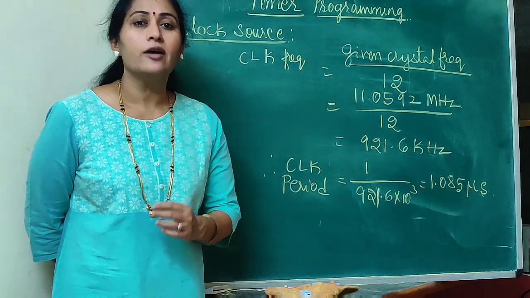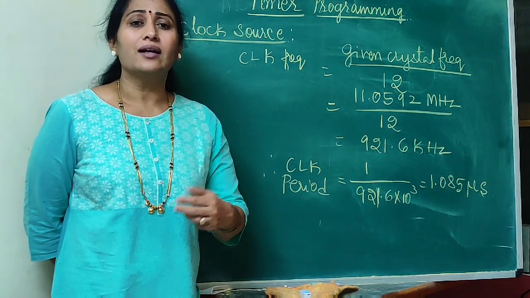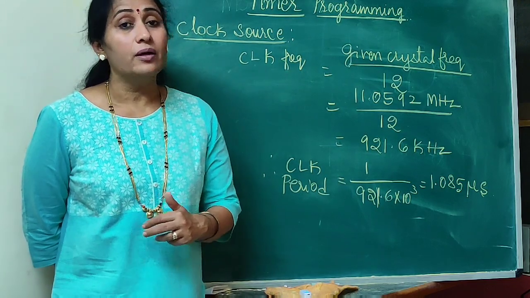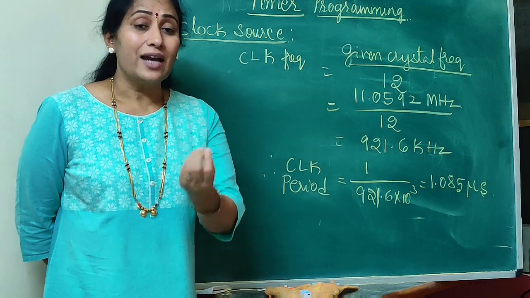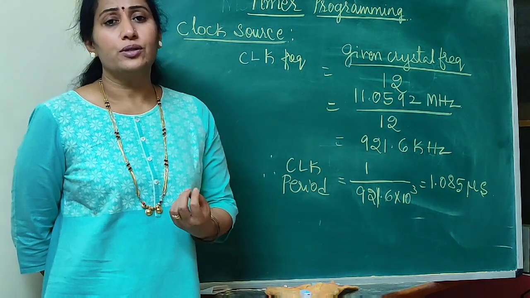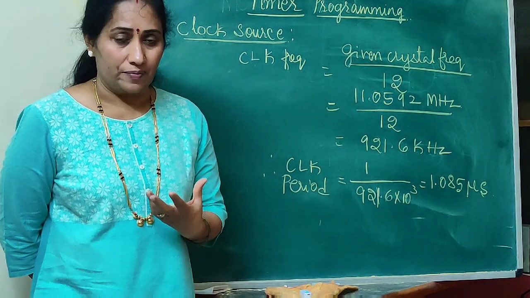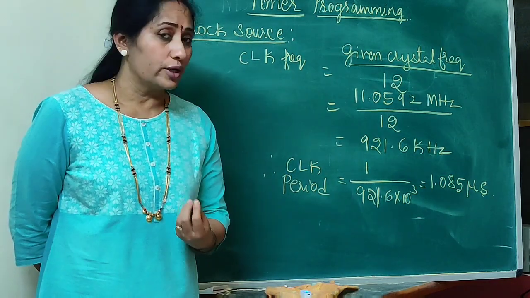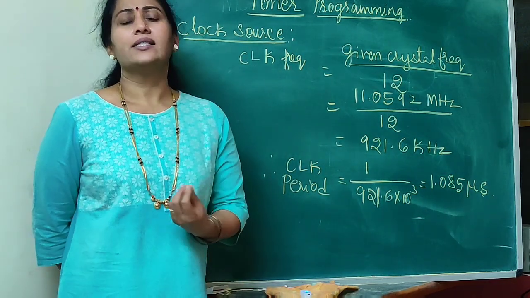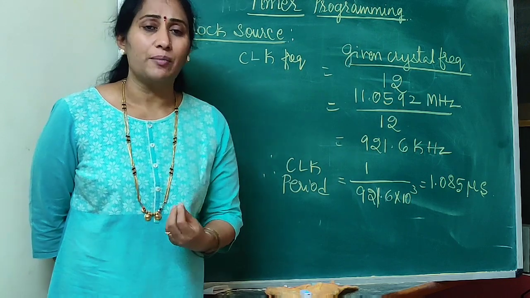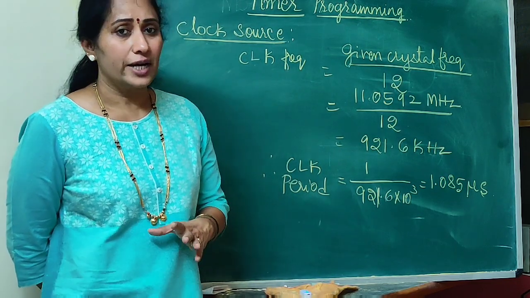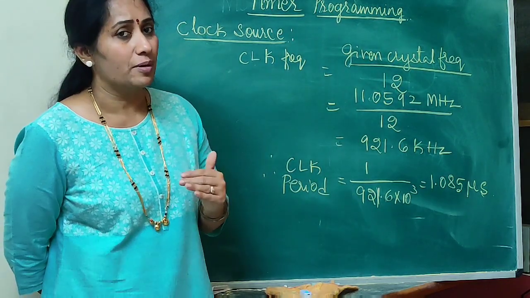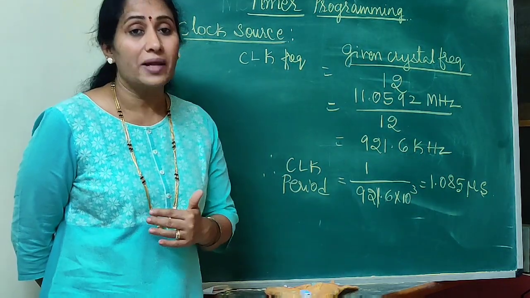that is TMOD. And in order to start the timer, in order to stop the timer, right, in order to select the gate control and all, we are going to use the TCON register, right? So in the TCON register, you're going to have the flags, wherein the flags are going to indicate the status of the timer operation, whether the operation is going on or whether it has finished its operation, whether it has reached the maximum count and whether the rollover has taken place or not.